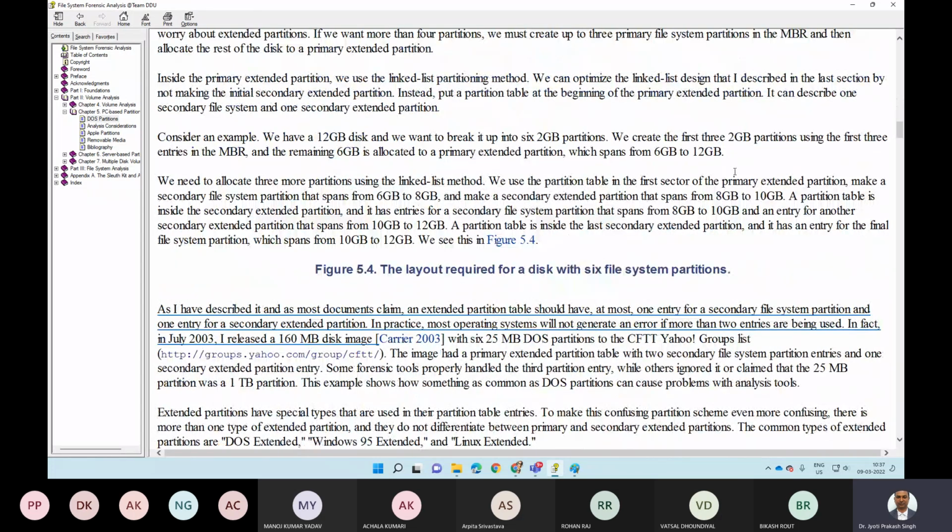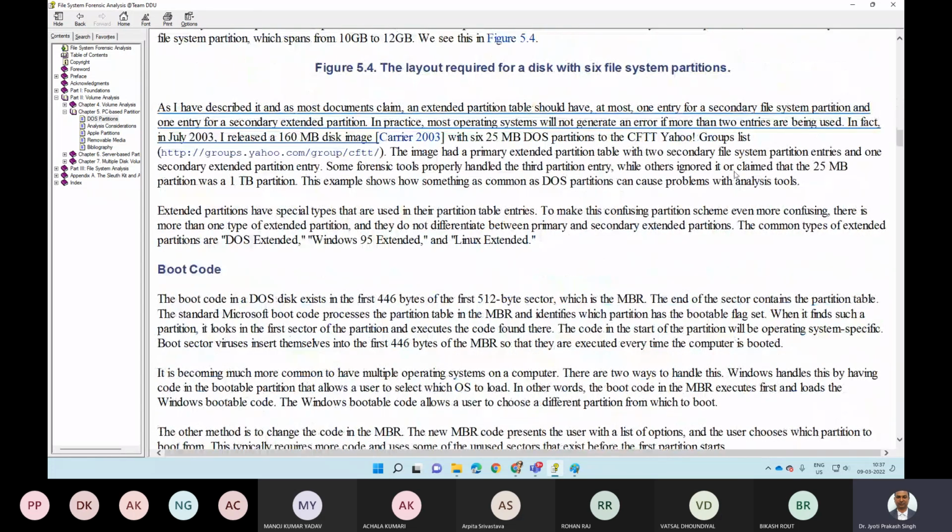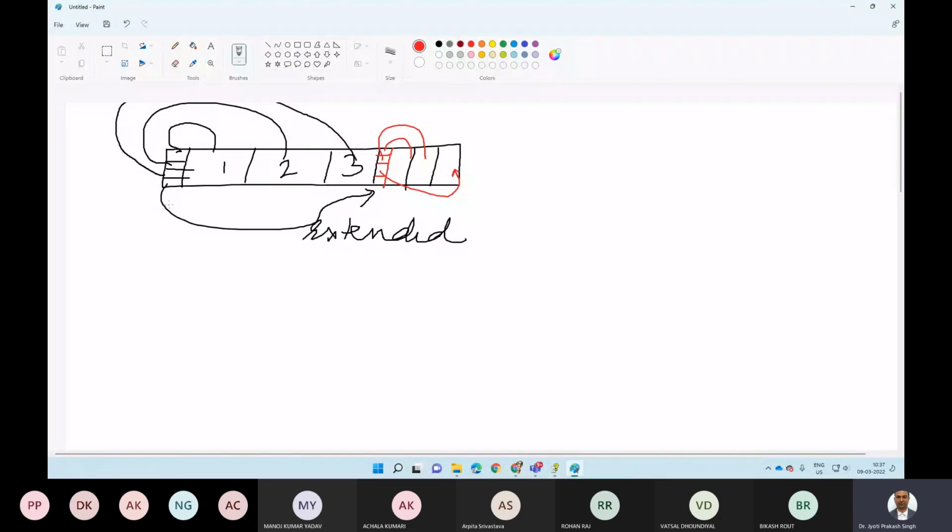Now, last day we also talked about this data set. When I have drawn this, this whole is one sector, and in one sector we know that we have 512 bytes. If we assume that our sector size is by default 512 bytes, then what goes on in these 512 bytes? Because these 4 entries will require some space, but not all of it. So we say that up to